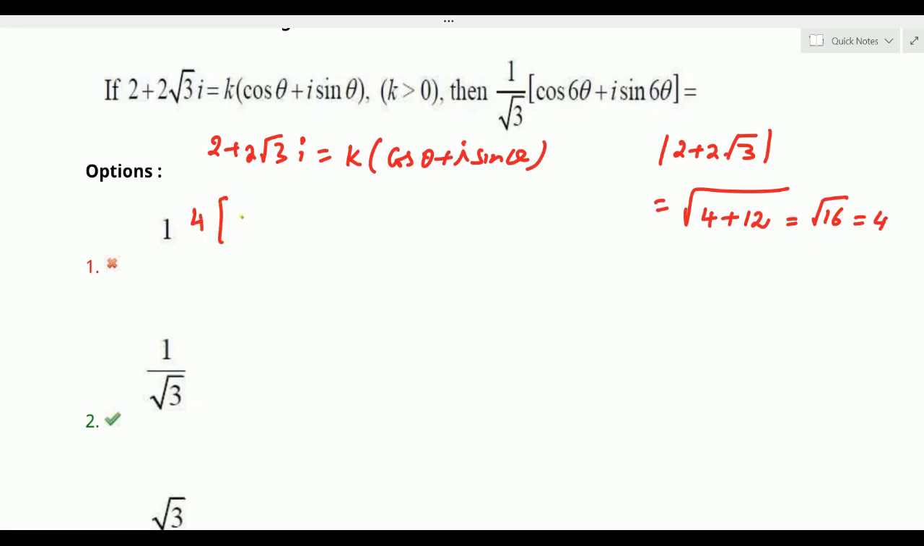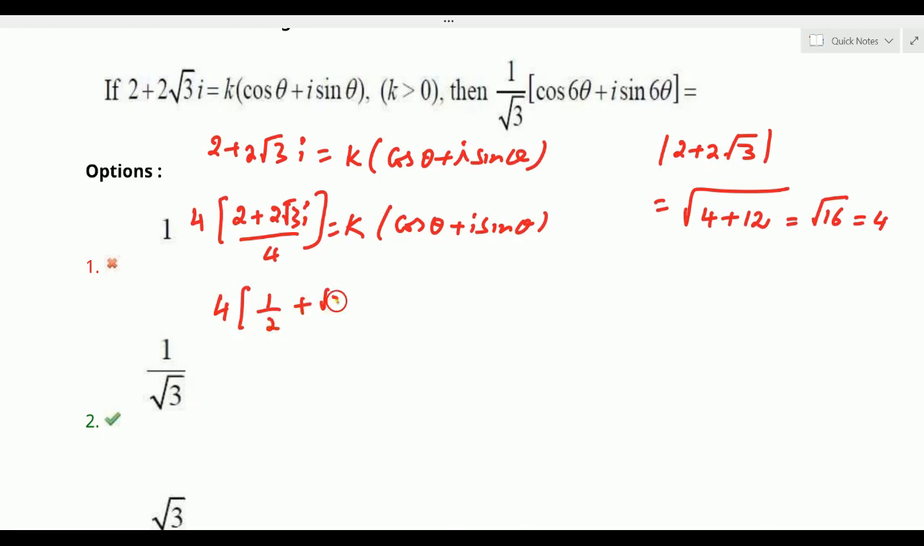4 into multiply, 4 divided by 2, plus 2 root 3 i by 4 is equal to k times of cos theta plus i sin theta. Okay, na? 4 is as it is, and the division for 2 by 4, that is 1 by 2. 1 by 2 plus 2 root 3 by 4, that is root 3 by 2 i, is equal to k into